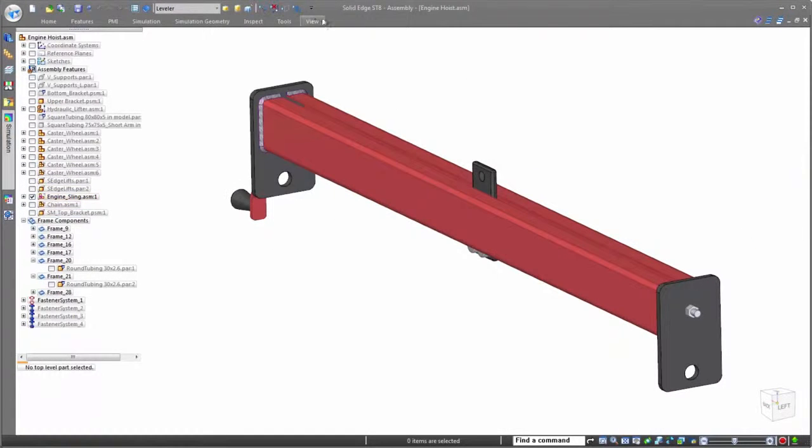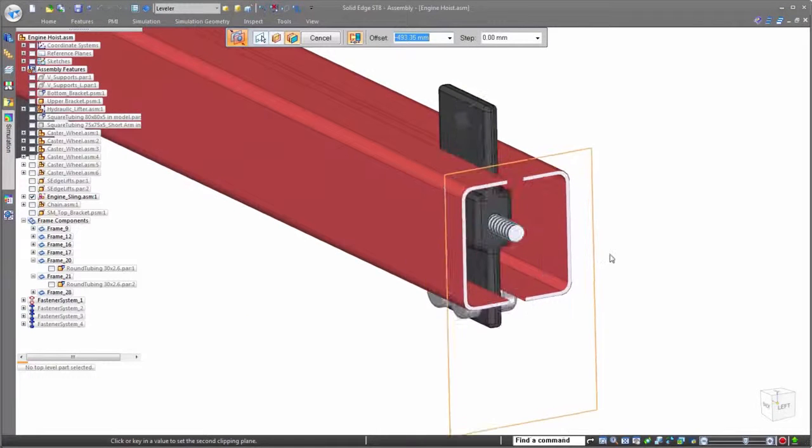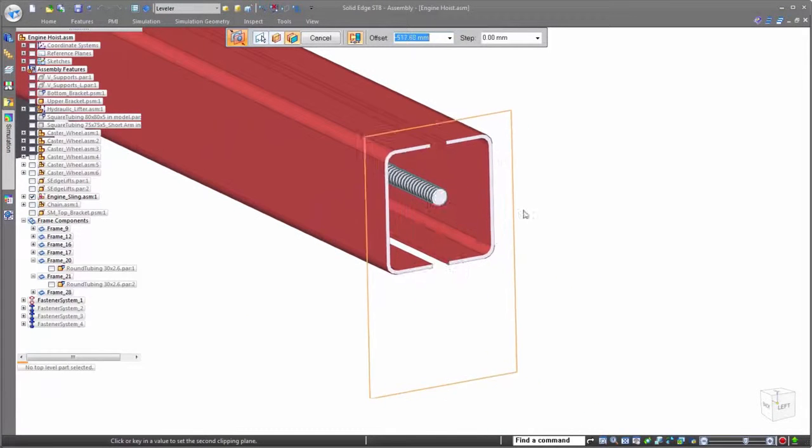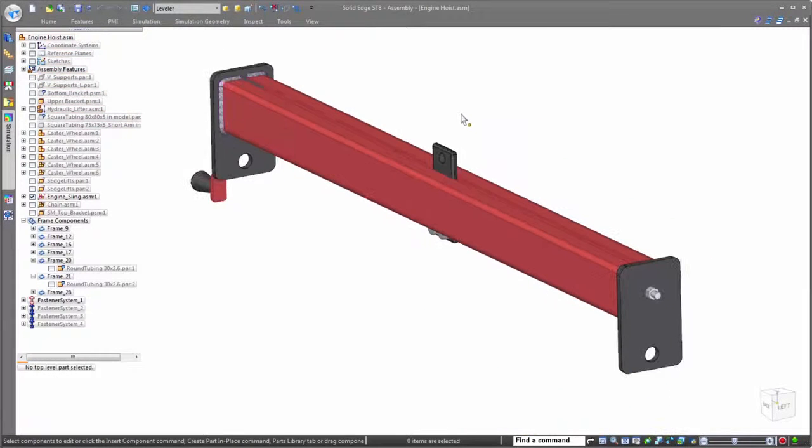Next, let's look at how Solid Edge can use both surface bodies and solids to optimize both speed and accuracy on a more complex assembly. The leveler is made up of a threaded bolt running through an adjustment bracket used to control the balance of the engine being held. We have a requirement that the bolt can't bend more than 1 millimeter or the adjustment